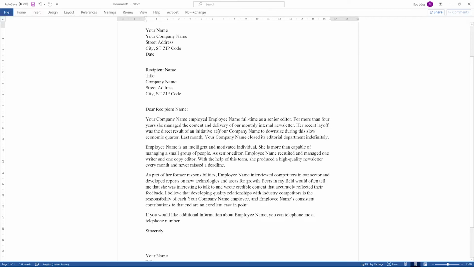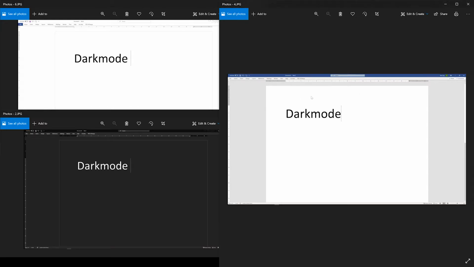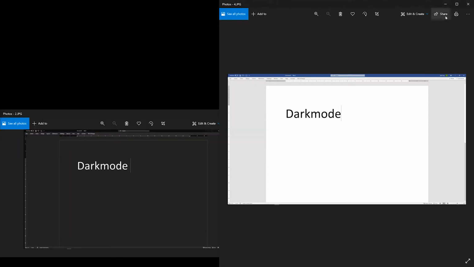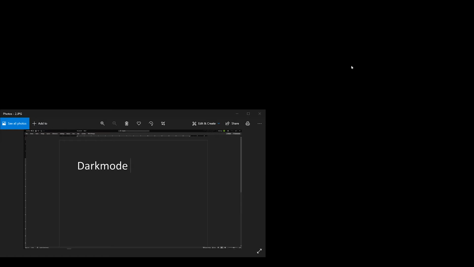When you work behind a monitor all day and you have to read and write big reports or documents and that kind of stuff, it can put a real strain on your eyes, especially when it's like white on white and black letters. That's not healthy. Since Microsoft Word 2019, you can change the look and feel. So you can actually make it look like this, or the white one that we had, the colorful one that looks a bit like the old version of Word, and you can use the dark version.